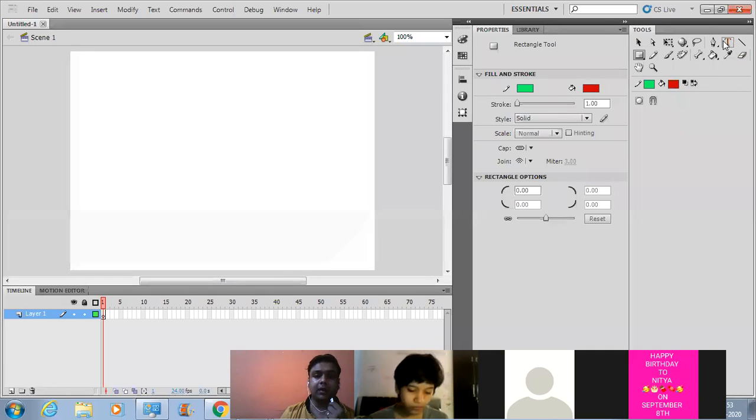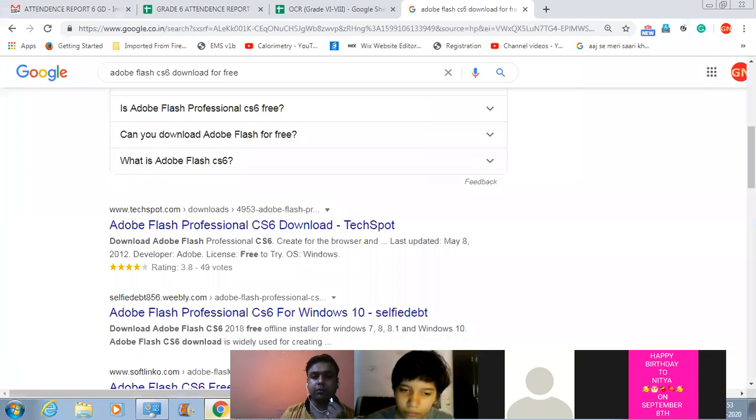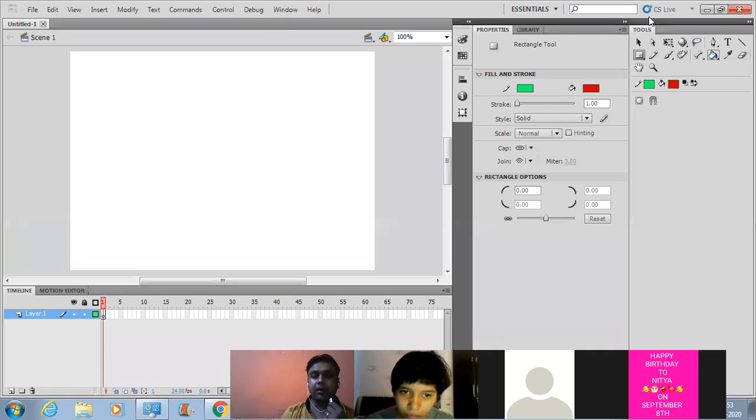Like the tools we have in the Paint software, with which we can draw something on the stage area and write something using the text tool, similarly we have some tools in the tools panel of the Flash environment, with the help of which we can draw objects on the stage area, write something on the stage area, etc. Fine, Sir, this is the third thing. What is the fourth thing? We have a properties panel.